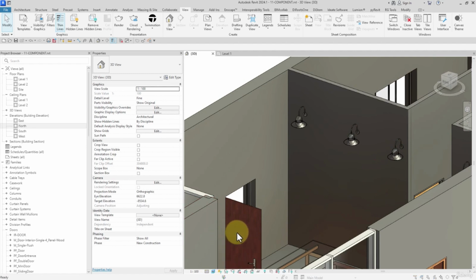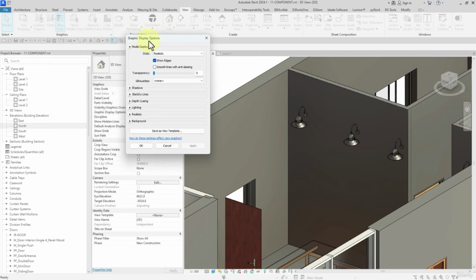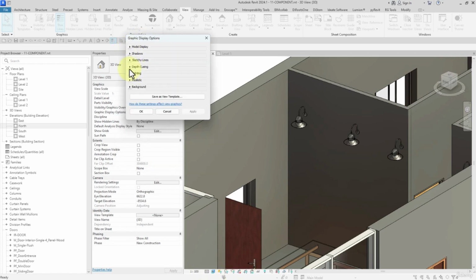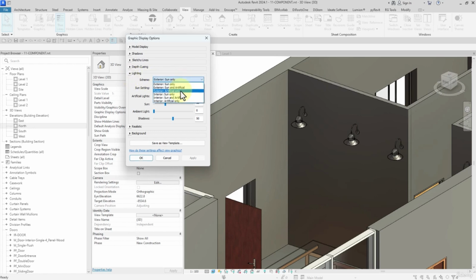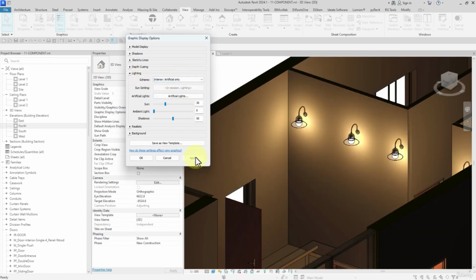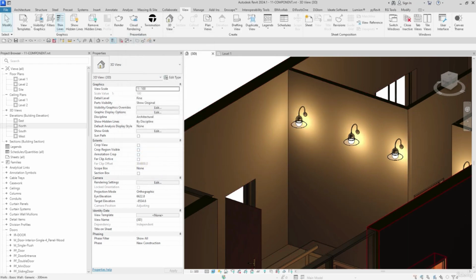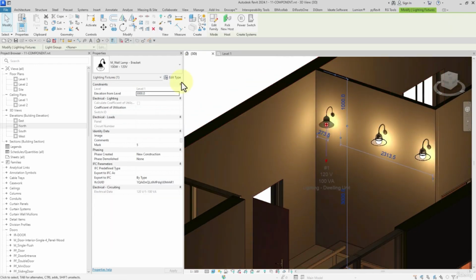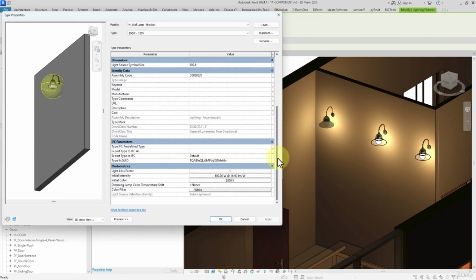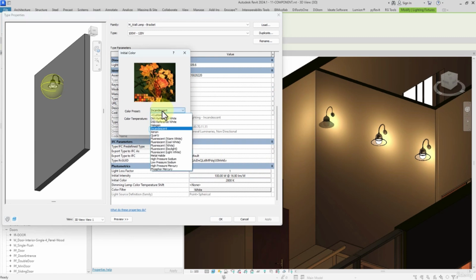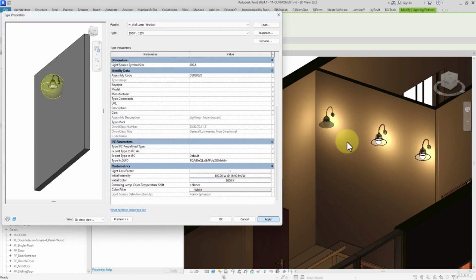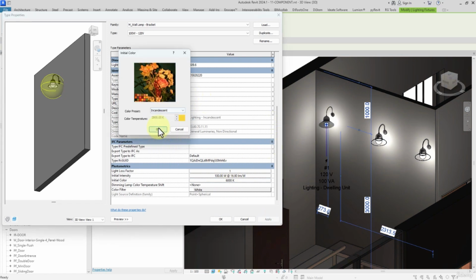Then I click on graphic display options. We talked about graphic display options before in the view control bar. So here I set the lighting scheme to interior artificial only, then I apply to check the artificial lights in the project. Okay, and then I can select this and then opening the initial color, I set it to xenon. Then as you can see, the color is changed, or halogen. Watch this,